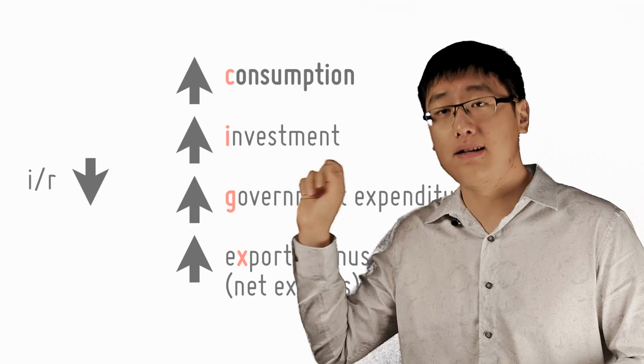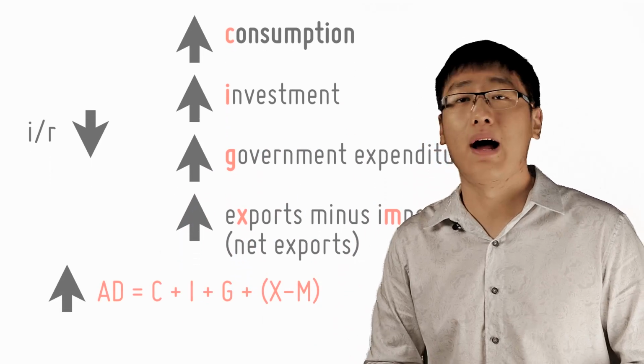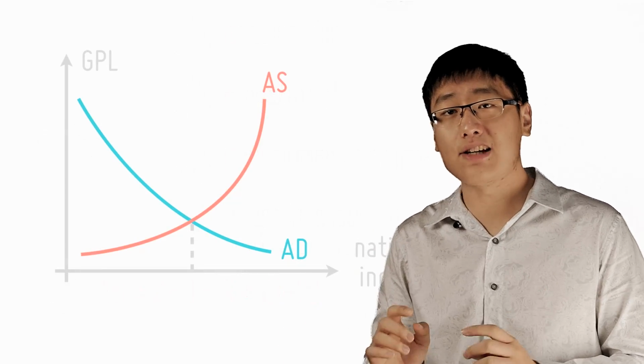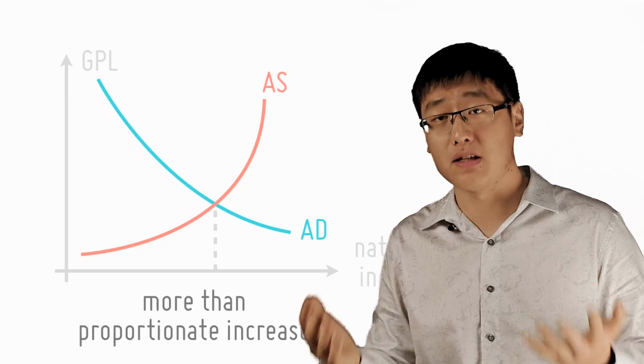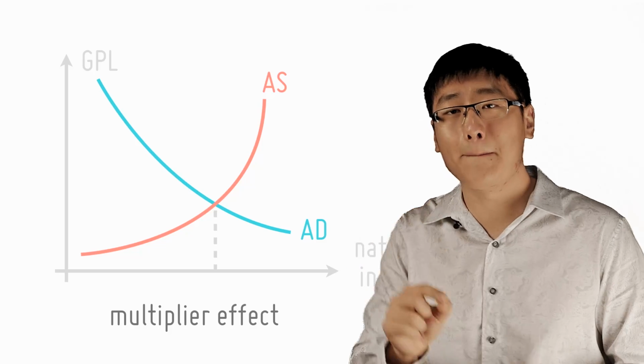When interest rates decrease, your AD increases because each component of the AD increases. What happens to your AD-AS graph? Well, when your AD increases, your national income increases as well, but by a more than proportionate amount because of the multiplier. Now, if you forget what that is, this simply means that the spending of one person becomes the